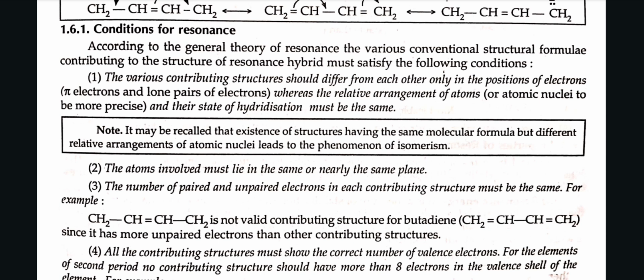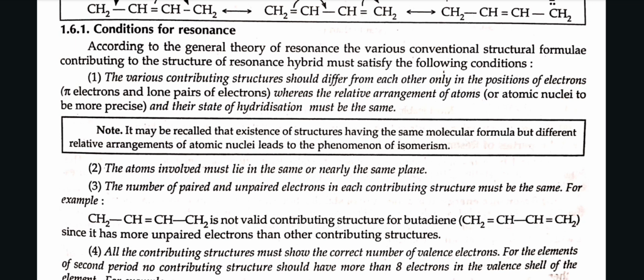Note, it may be recalled that the existence of structures having the same molecular formula but different relative arrangement of atomic nuclei leads to the phenomenon of isomerism. The atoms involved must lie in the same or nearly the same plane. The number of paired and unpaired electrons in each contributing structure must be the same. For example,